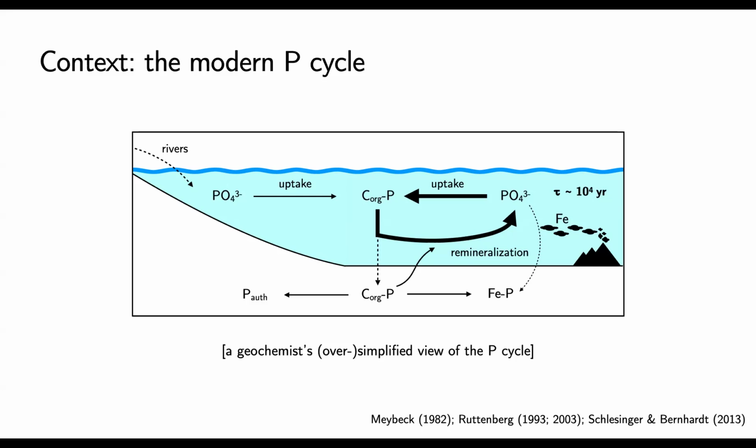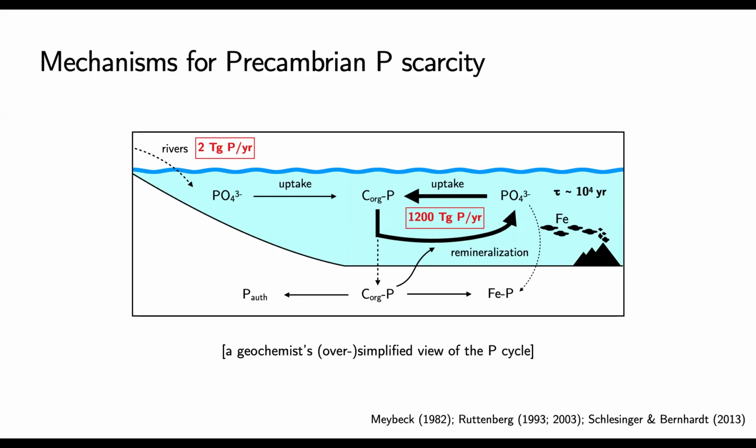So to put some numbers on this for us, today the trickle of phosphorus into seawater from rivers is something like 2 teragrams of phosphorus per year, which I just want to highlight is much smaller than the recycled flux that we estimate at something like 1,200 teragrams per year. And so the steady state phosphate concentration, which is another way of saying the long residence time, is built up by that recycling. And so if we want to tweak this now and say this is the modern status quo, but let's instead try to think of some ways to drive low phosphate in seawater in the Precambrian or in the Archean specifically. What are some of the parameters we can change here?